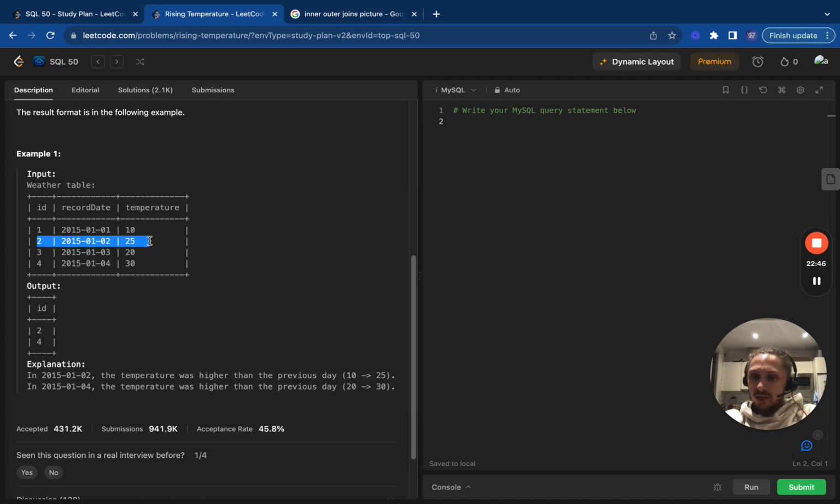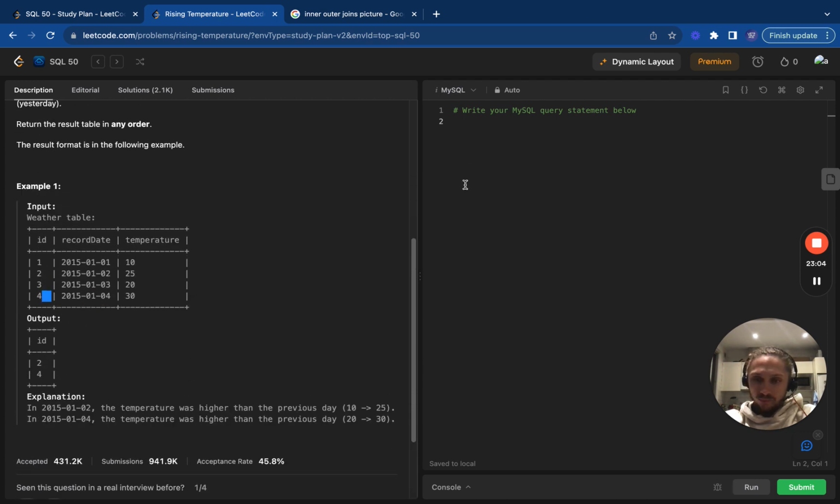So here in that case 2 is higher than 10, so we keep the ID. 3, no. 4 is higher, has a higher temperature than 3, so we print 4. Okay, select ID from weather where